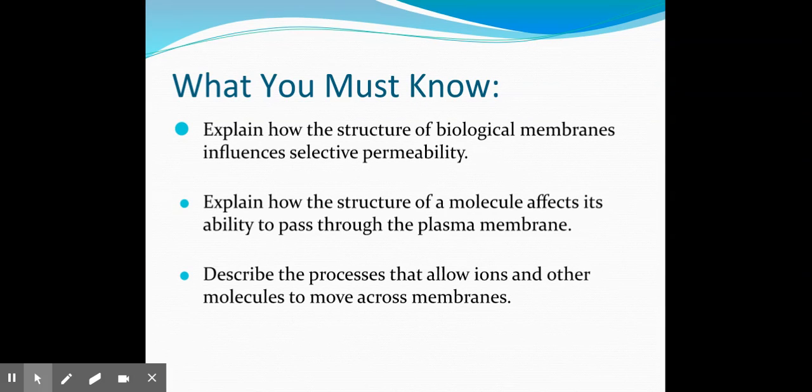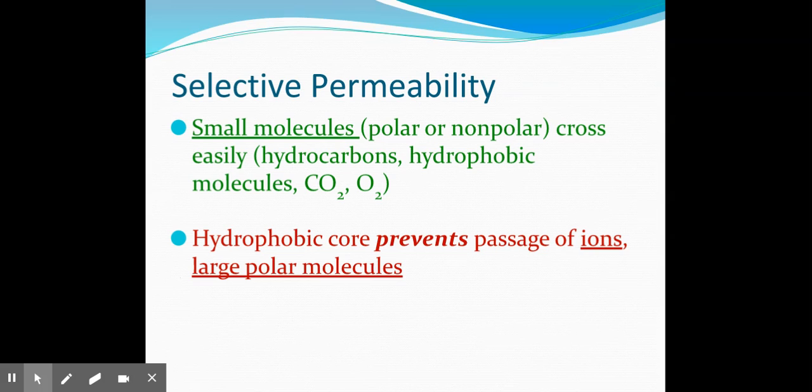We're going to explain how the structure of these biological membranes has the potential to influence their selective permeability, also explaining how the structure of molecules can affect their ability to pass through the plasma membrane, and describing the processes that allow ions as well as other molecules to move across the membrane. So first things first, semi-permeability refers to this membrane property. If you break apart the word,